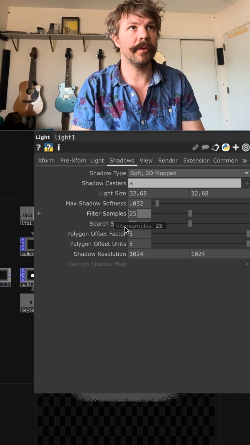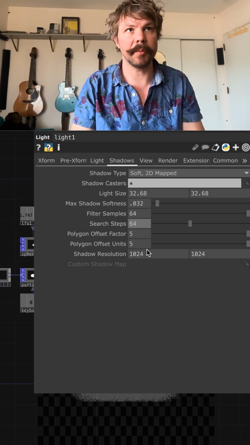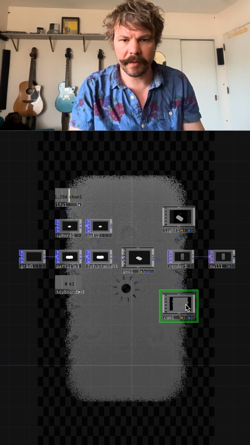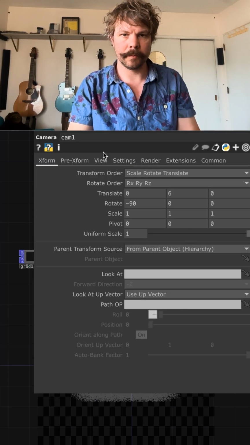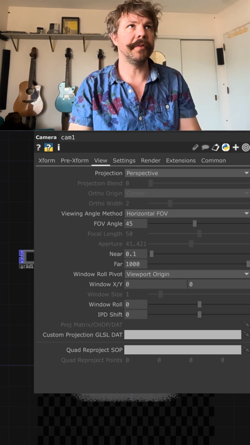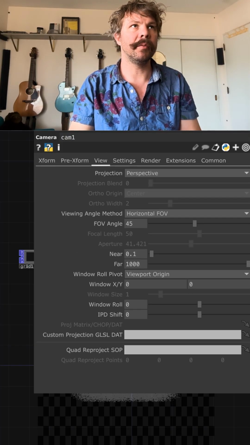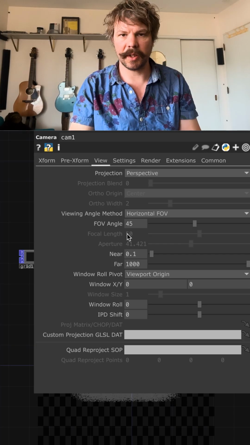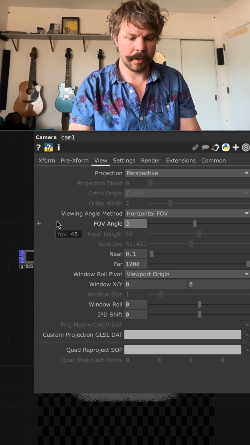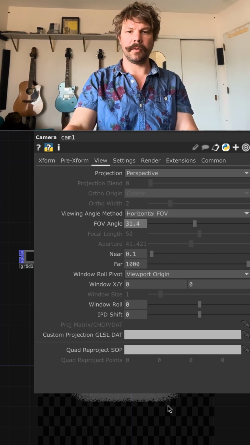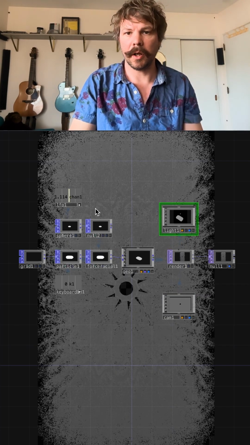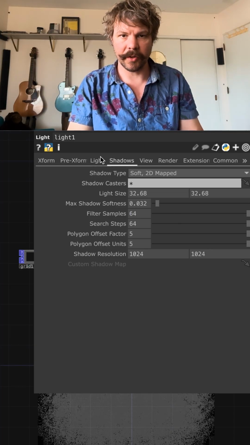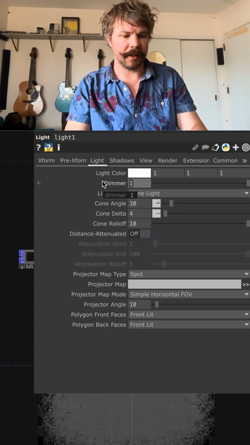And then I turned up the filter samples and search steps. I made my field of view angle different in the camera. Set that to 31.4. Fill that up a little more. Let's see, I also have the dimmer of the light, turn that up in the light setting,